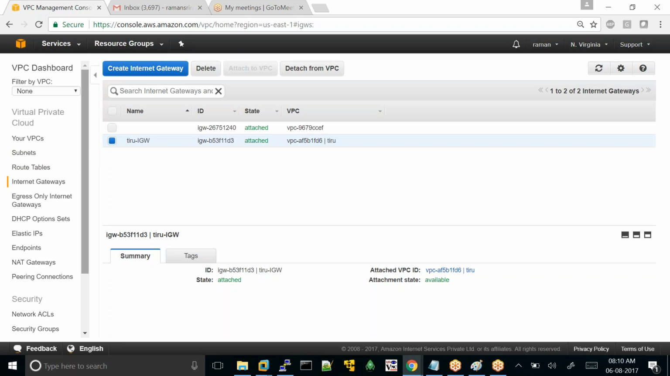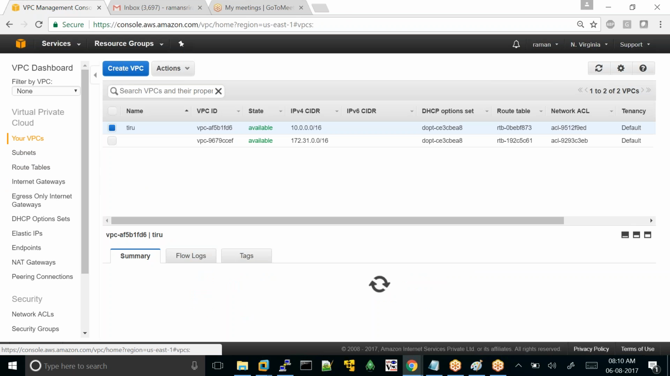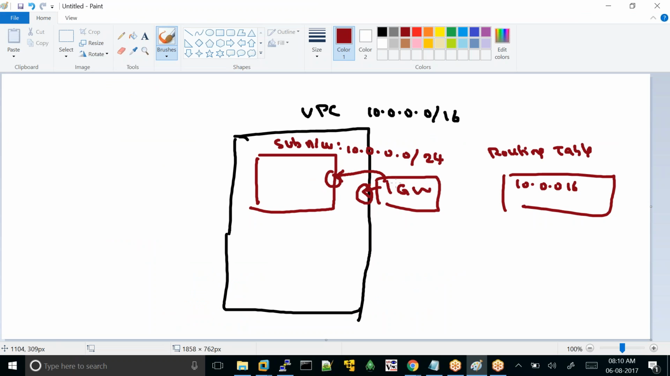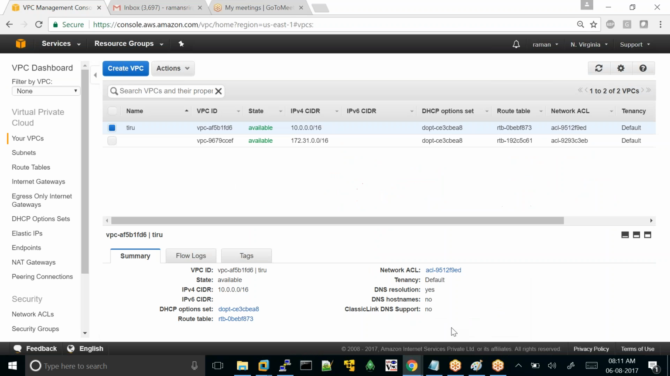Okay. So now you have a VPC. The name of the VPC is Thiru. This VPC contains one subnet. As of now, it contains one subnet, and we have created an internet gateway and attached the internet gateway to this VPC. This means all the computers within that VPC can now make an internet connection to this internet gateway. Okay, so next,